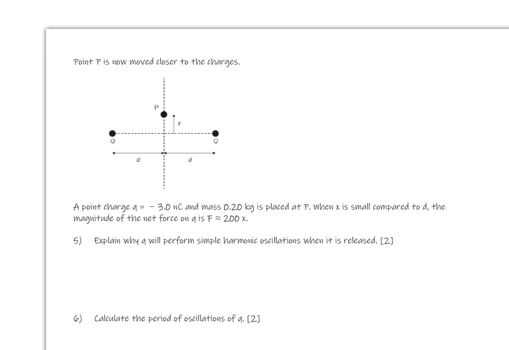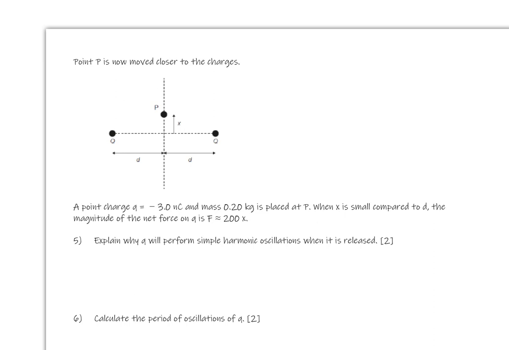All right, so point P is moved closer to the charges, and on point P we have a negative charge. Let's remember that the two Q's are both positive charges. So question 5 wants to know why that little charge Q will perform simple harmonic oscillations when it's released. Well, let's go back to